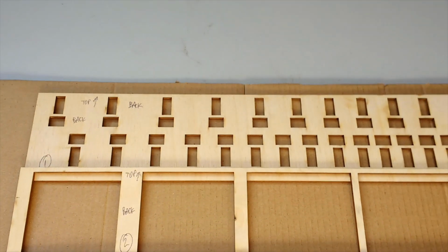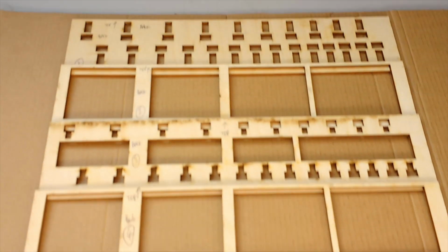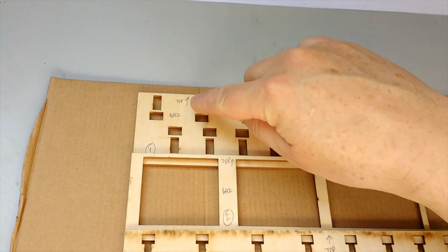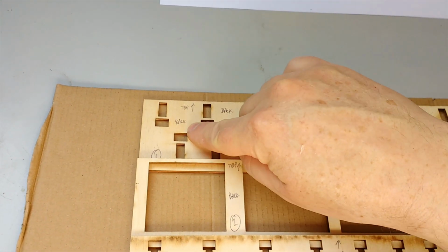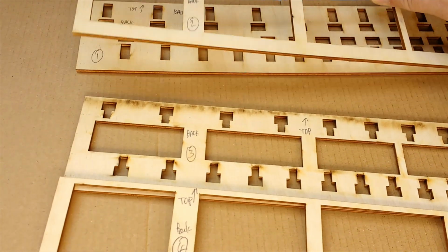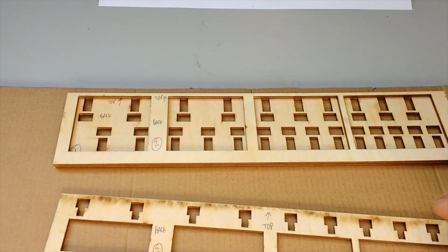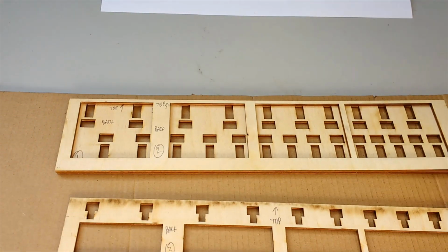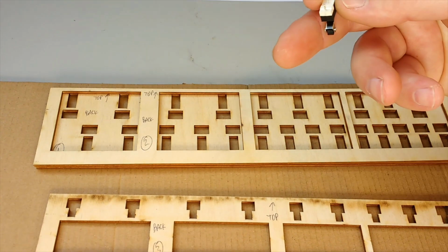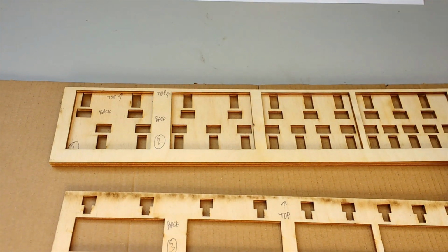First thing we've got to do is glue the front panel together, and it's made up of 4 layers. So they're numbered. Layer 1, that's the top, and we're looking at the back surface of it, and so that goes there. Right, this one, so the micro switch is pushed through from the front through these holes and these holes, and